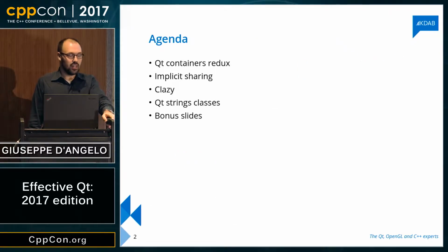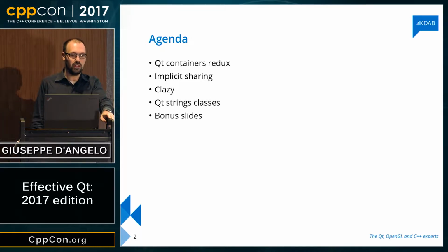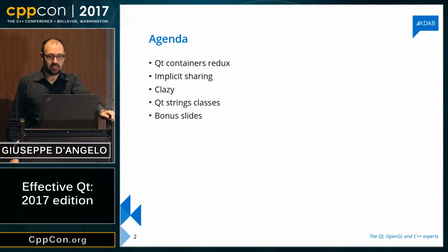So what are we going to discuss? We're going to discuss a few areas in which Qt and C++, as a language and as a library, are moving. In particular, the areas that intersect the two are a bit of a gray zone right now, so I would like to shed some light on what to do. We're going to discuss a little bit about Qt containers, what's the deal with them. In particular, we're going to discuss something called implicit sharing, a tool called Clazy, and a little bit about Qt string classes. And if there is time at the end, or if you ask the right questions, I've got bonus slides as backup. All right, so let's get started.